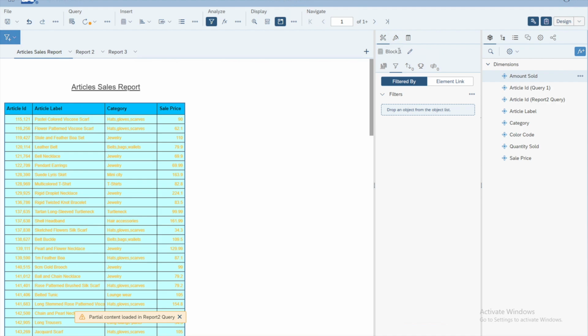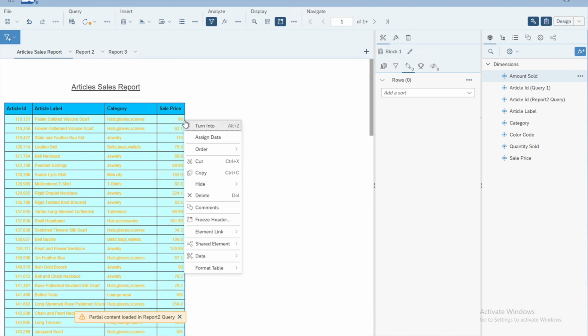So once you have selected the table, then you will go here to the first icon at the top, and then you will click here on the third icon under the block 1 or the name of the table. Or you can do the same if you right click. Once you have selected the table, then you right click and you go back to the data section,